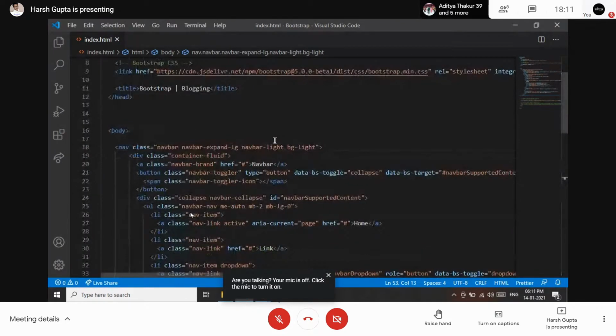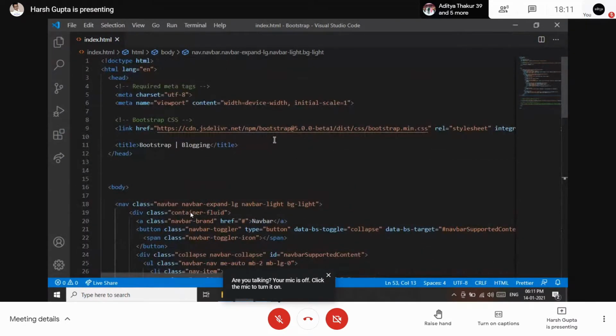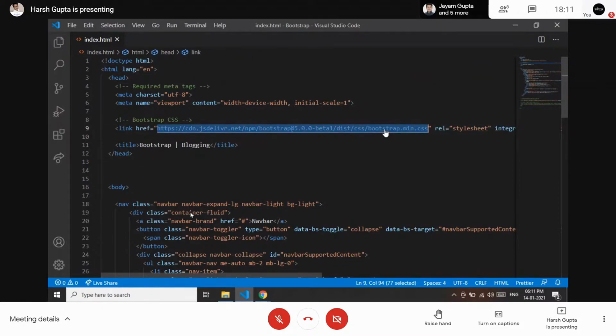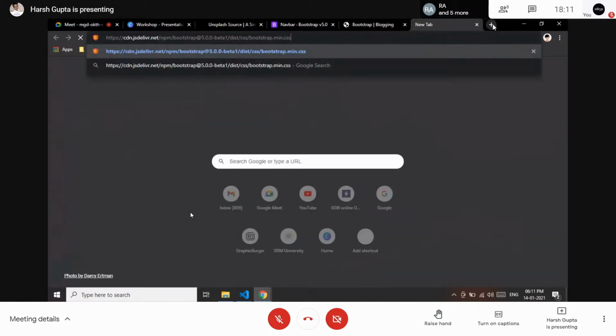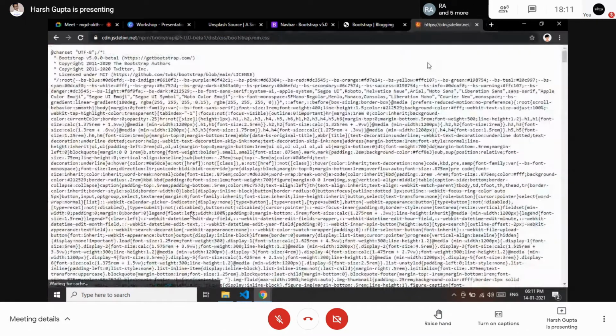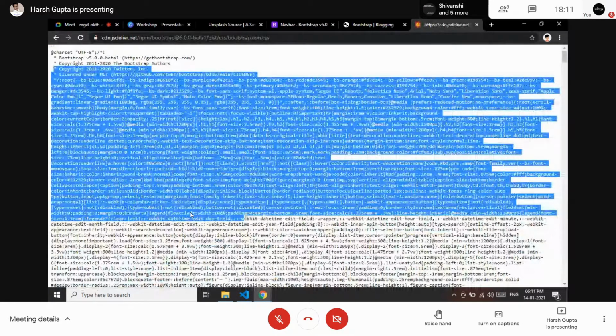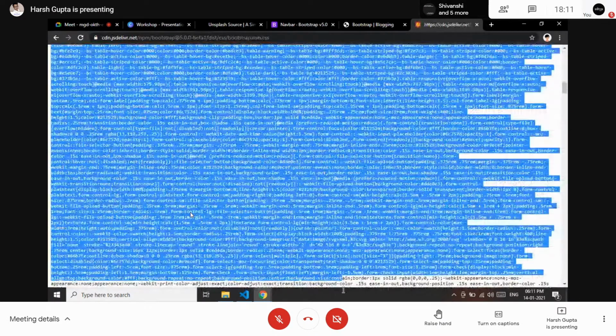In the starting I explained it is a CSS framework. What it means is that it has pre-written code in CSS. Let me show you. This is the pre-written code. I'm copying this, opening it in another tab and pressing enter. Here, as you can see, we have all the CSS, all the classes themselves.